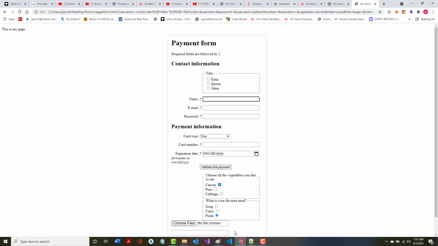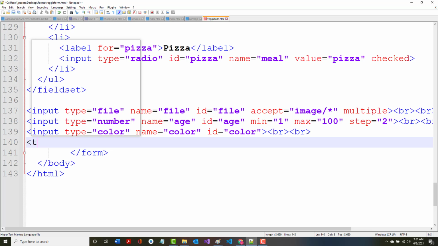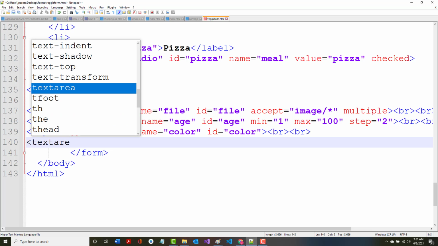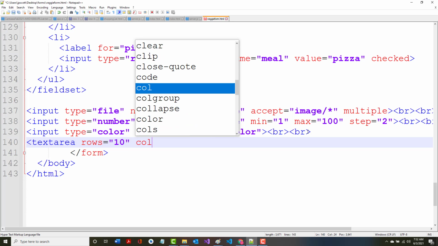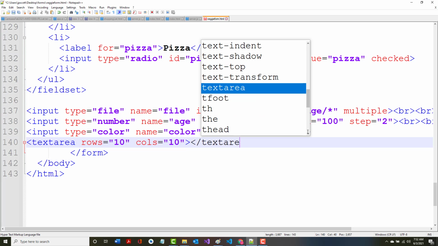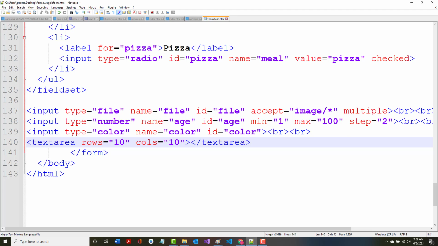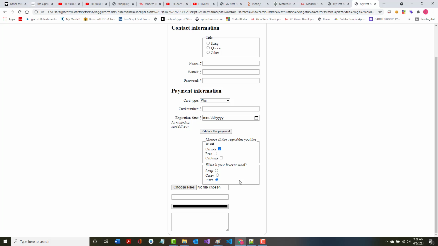Looks like we don't have a text area, so let's put one in here. As I've been doing, I'll just throw it down at the bottom here. I'll put in textarea, and I'm going to put in rows equal 10, cols equal 10. All right, text area. We'll put that in there, come back to here, refresh, and now down at the bottom there's